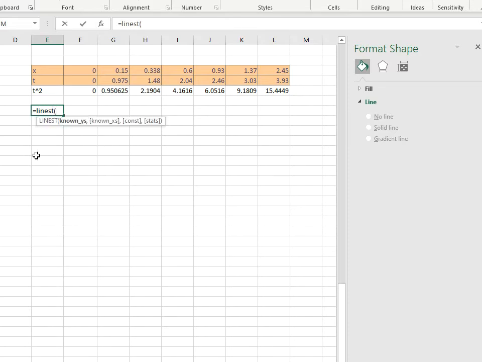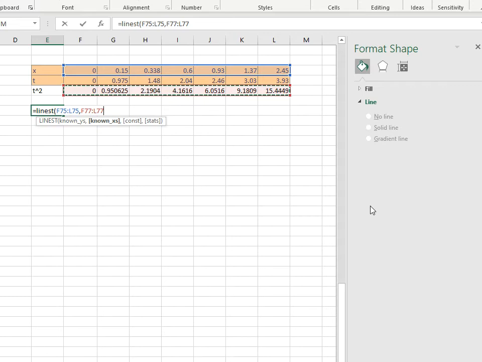And the y's, remember, this means the ordinate. So the ordinates were these, comma, and then the x's, which is the abscissa, this one,